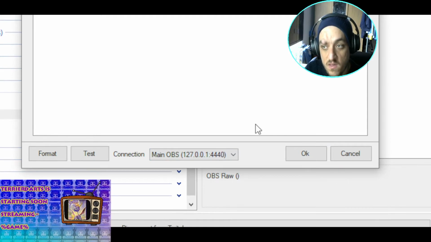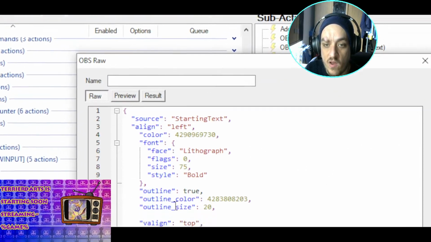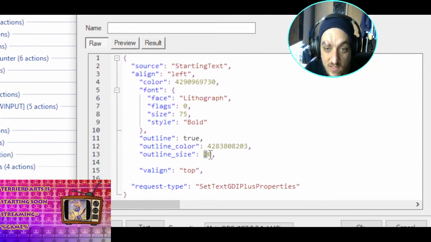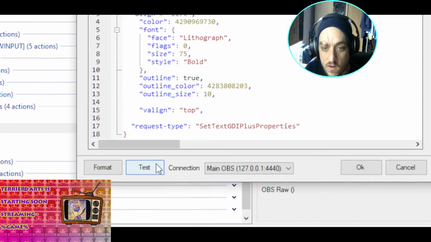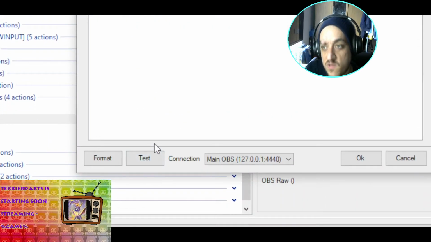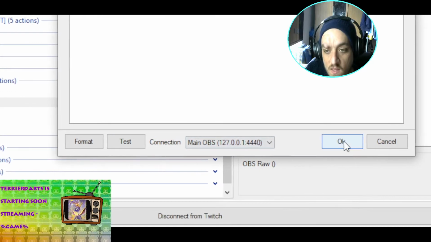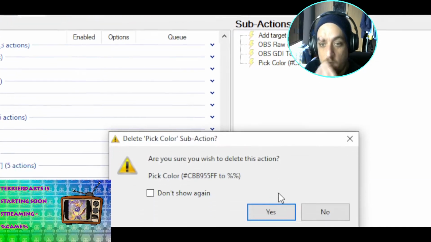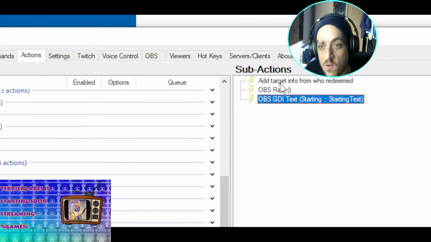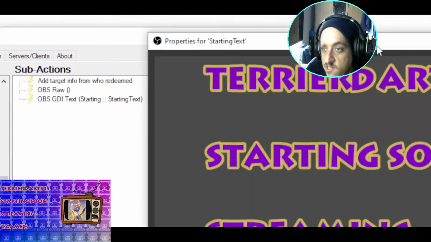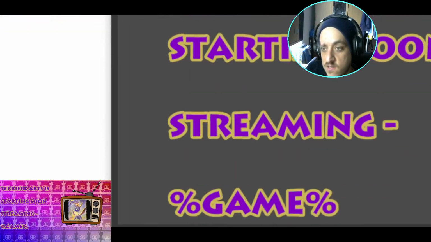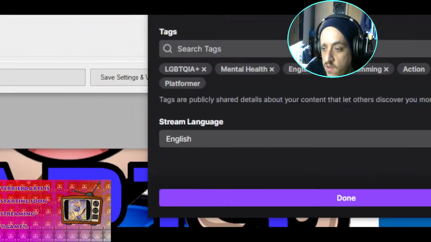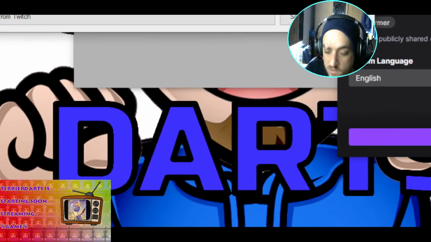Now, for me, that's too thick for an outline. So what we're going to do is edit outline size here to 10. Press test, and now we should have given it a tinier outline. Press OK. Now you don't need this because that's not doing anything. But as you see now, it's updated to this. So if we press OK and go back to our starting screen,